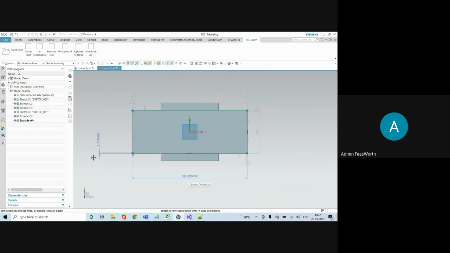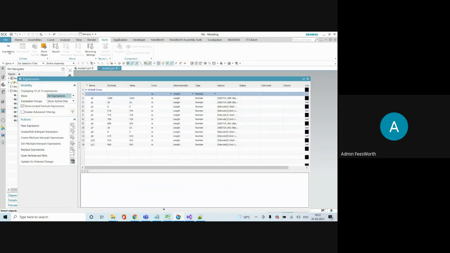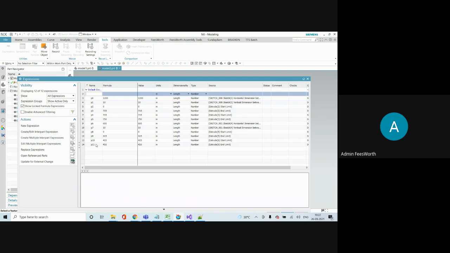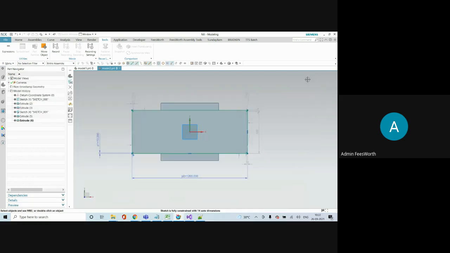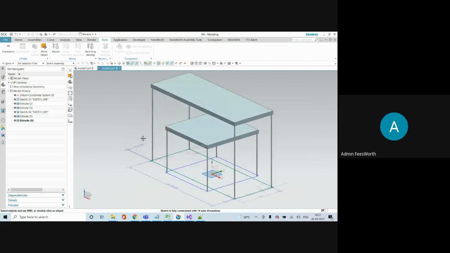So maybe one horizontal dimension, one vertical dimension, and it also created expressions. A lot of expressions are there. This is using system expressions, but if you want to give names to the expressions, you can do so.